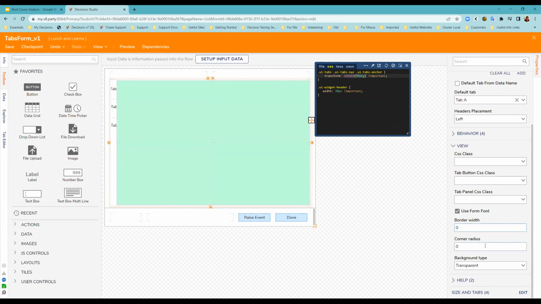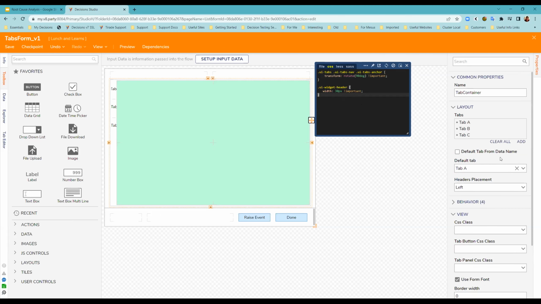Panel, crop control, border width. Yeah, there's nothing here besides the tab panel CSS, which we would apply. If you can go back to the very top. So this is a tab container. So we can apply CSS for it. Okay, we'll probably want to apply it for this and then